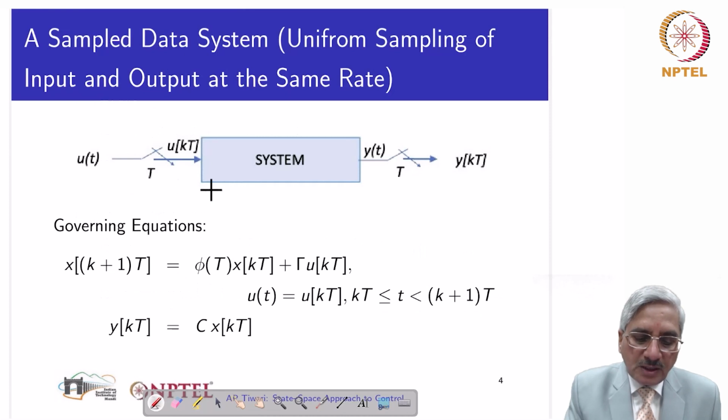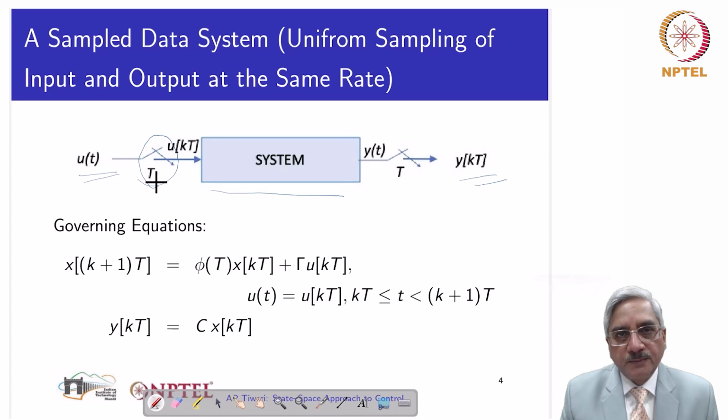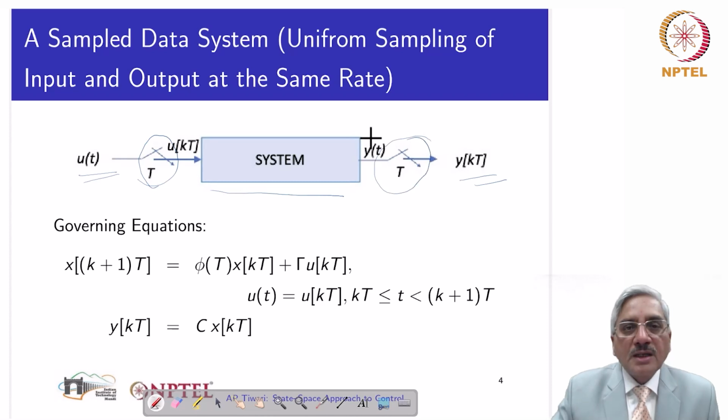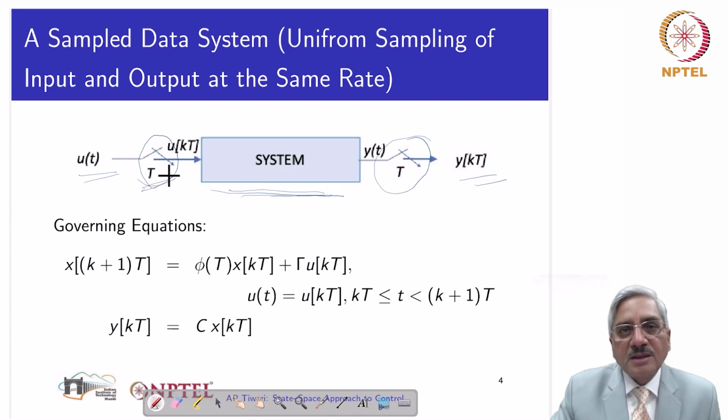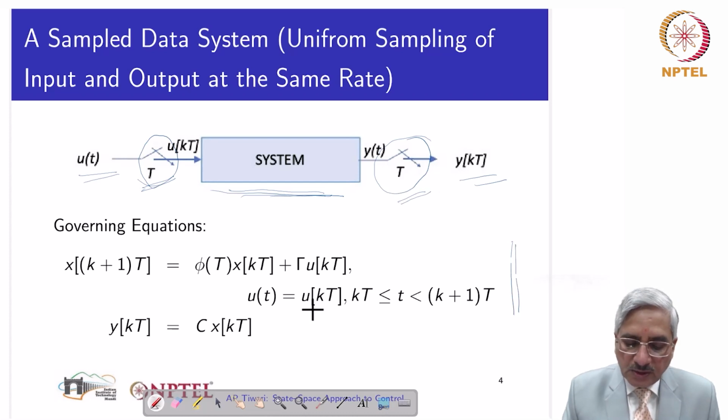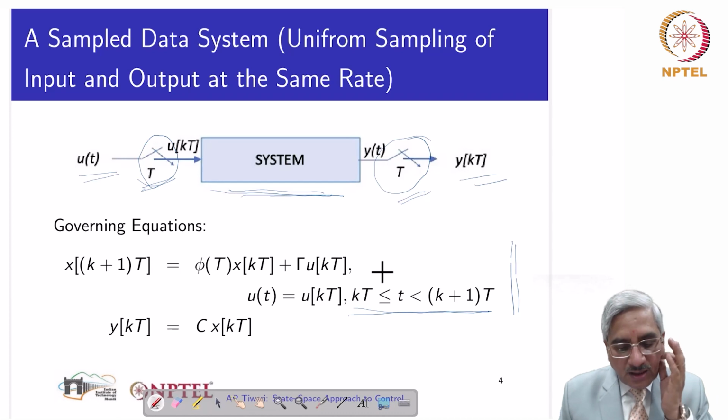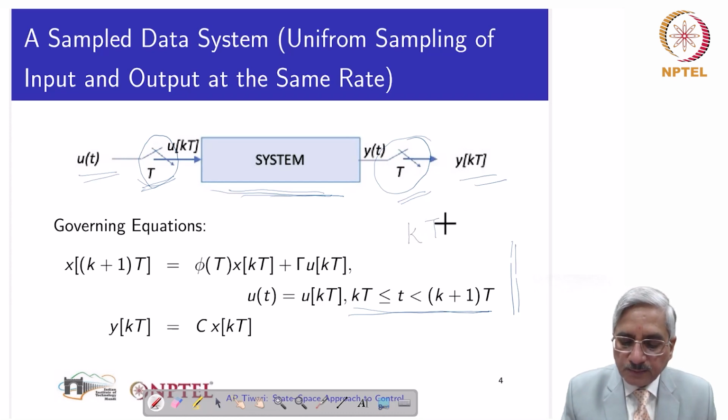This is the depiction. Generally, we have the system with the input and output. At the input terminals, we have a sampler along with a hold. Generally, a zero order hold is used. Similarly, at the output terminals, we have again a sampler with a zero order hold. The system states may vary continuously in time. However, when a sample and hold is connected to the system at the input terminals and the output terminals, the governing equations of the system become like this. With the zero order hold, the input in between the sampling instants, between kT and (k+1)T,